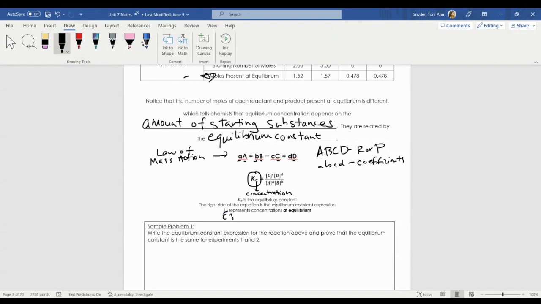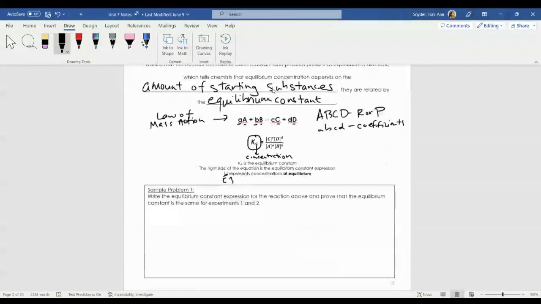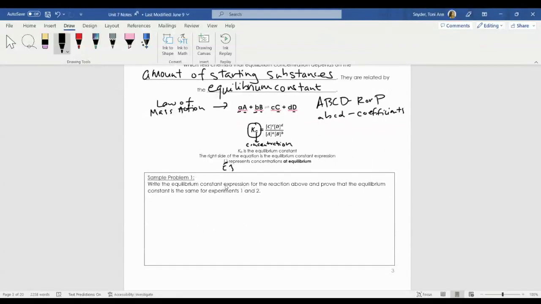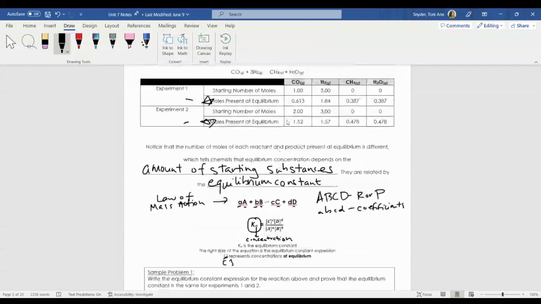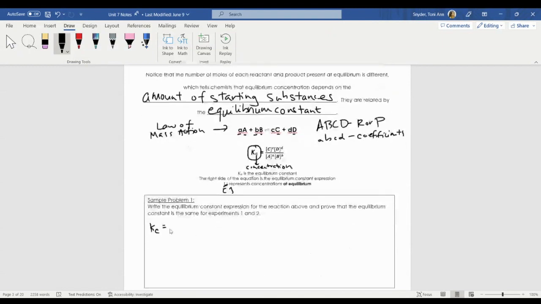So let's use this and write an equilibrium expression for this equation up here. It says, write the equilibrium constant expression for the reaction above and prove that the equilibrium constant is the same for experiments 1 and 2. So for my equilibrium constant expression, let's take a look at the products. My products are methane and water. Both of these have coefficients of 1, so I don't need to put coefficients down there. I have the concentration of methane raised to the first power, because it's only 1, times the concentration of water raised to the first power,